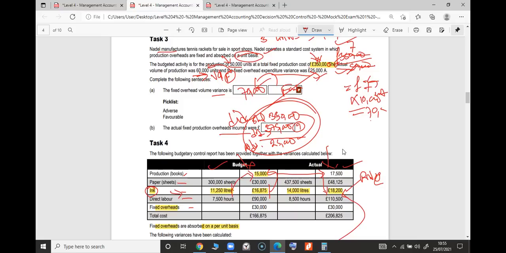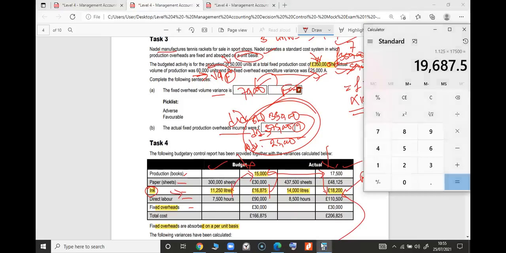1,250 was budgeted for 15,000 units. So for 7,500, how much should it be? Yeah, which it is already working. I think it's a good one. So 11,250. I just caught one and I'm trying to work on it. 0.75 should have, that is the standard. So for 17,500, it should have taken 13,125.